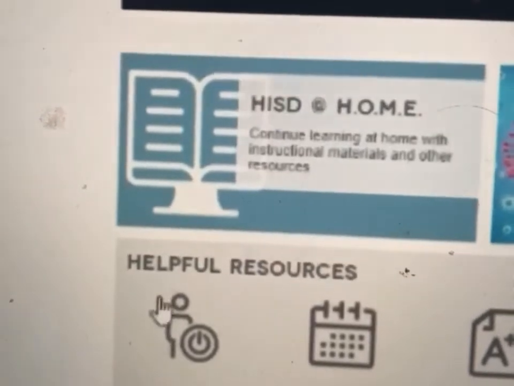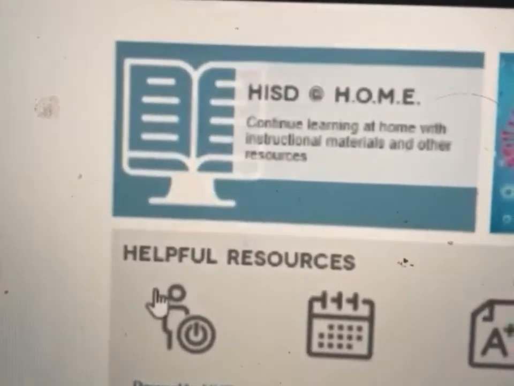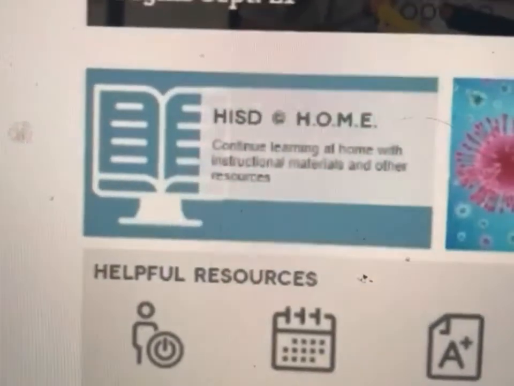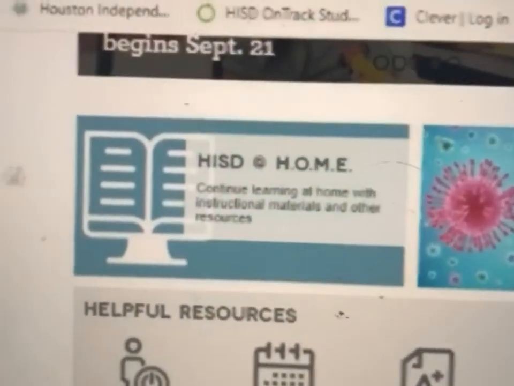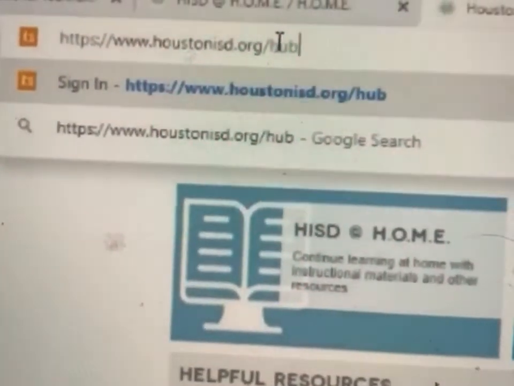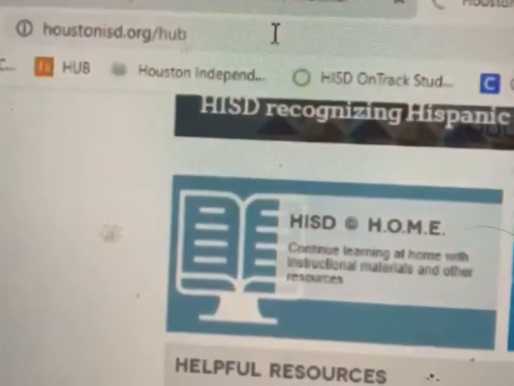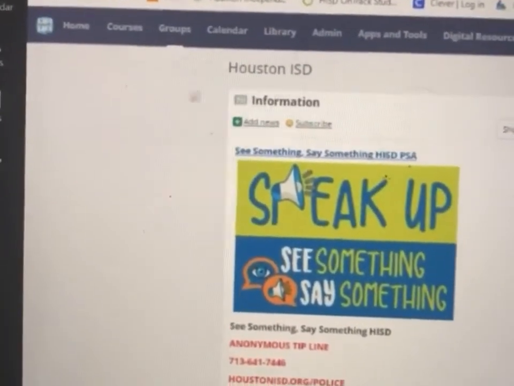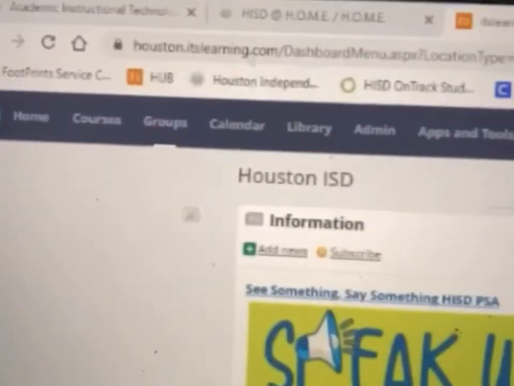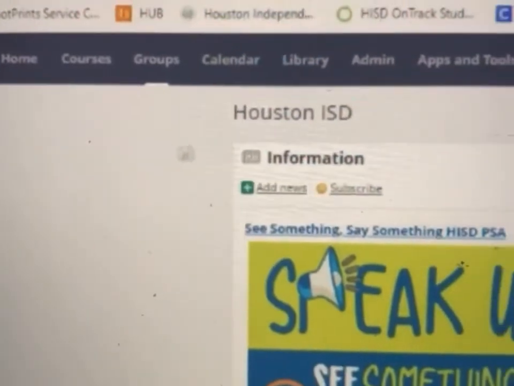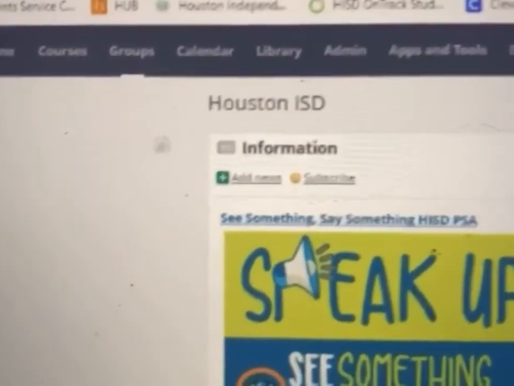Again, as I stated before, you can also do a direct login with houstonisd.org. In the browser, you can do the slash and then type in hub, and that will also take you there. Now we're going to transition to the hub. If you notice here, when I log in, it takes me to the HISD dashboard as an employee. However, for your students, it may